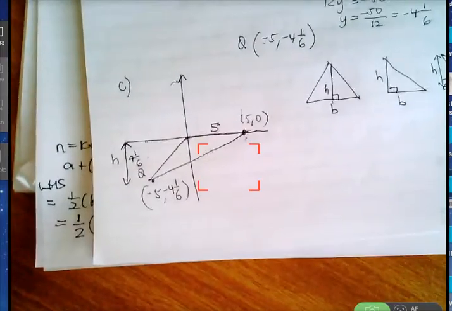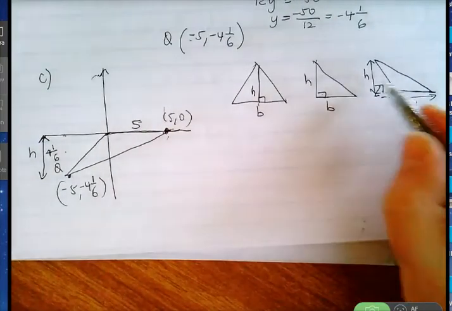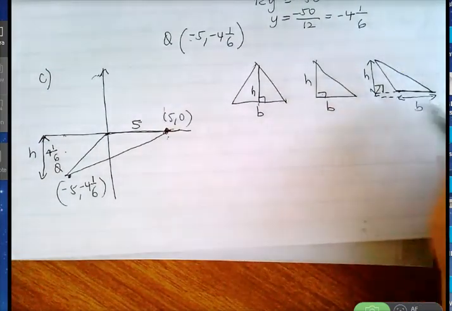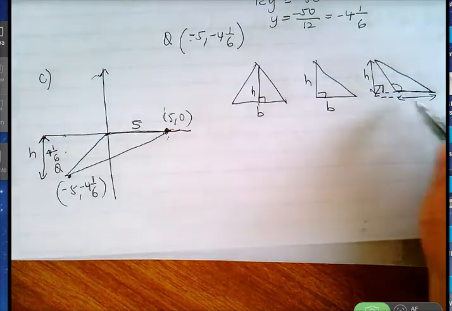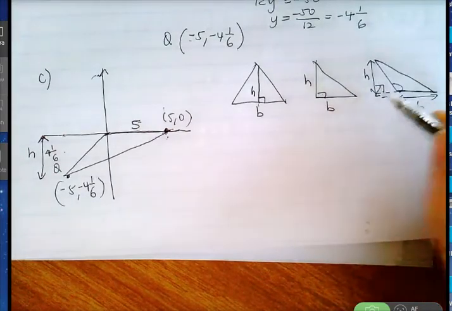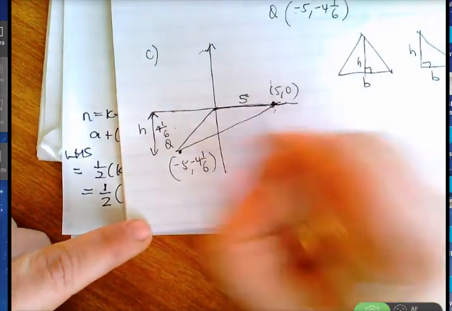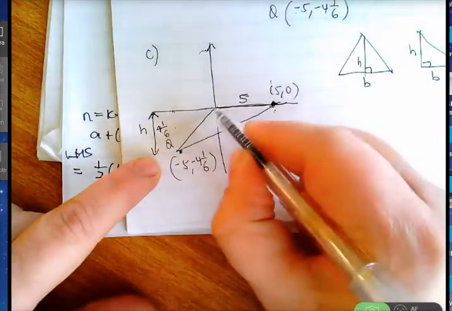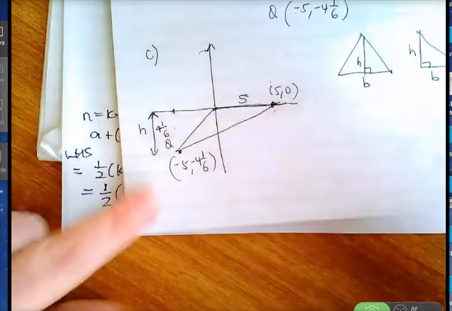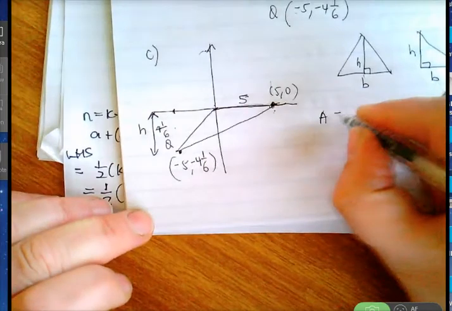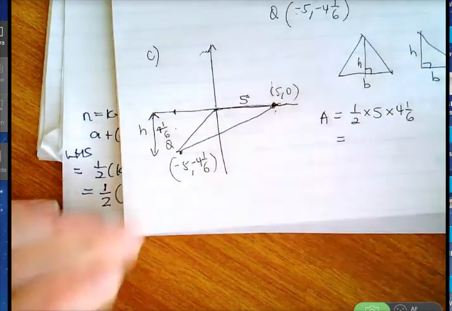So with this last one, we're looking at this type of triangle where the perpendicular height is located outside the triangle, and that will happen for obtuse angled triangles. So the base will be the base, but the perpendicular height will be outside the triangle. Here, we can see that the base is 5 and the perpendicular height is this length. Now, this is the point -5, -4 and 1/6, so this length is 4 and 1/6. So therefore, the area is a half of 5 times 4 and 1/6, which is,